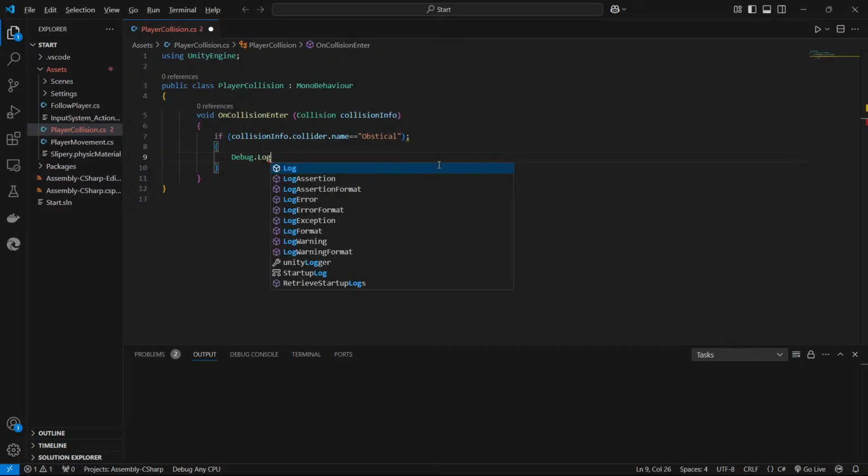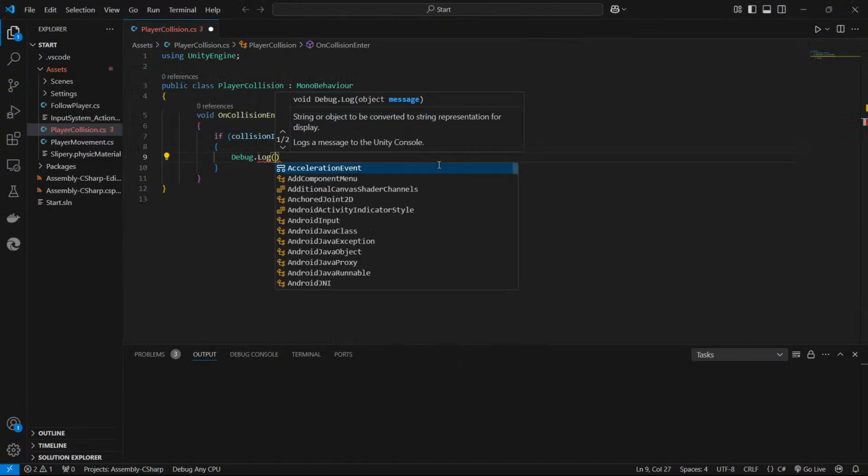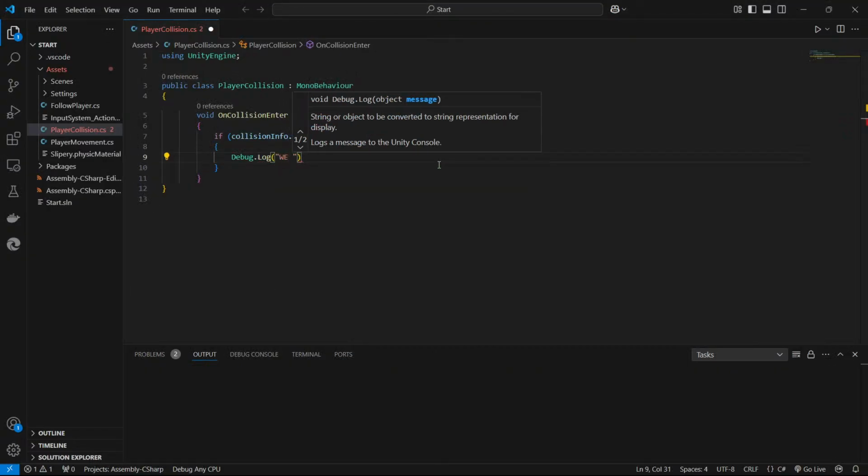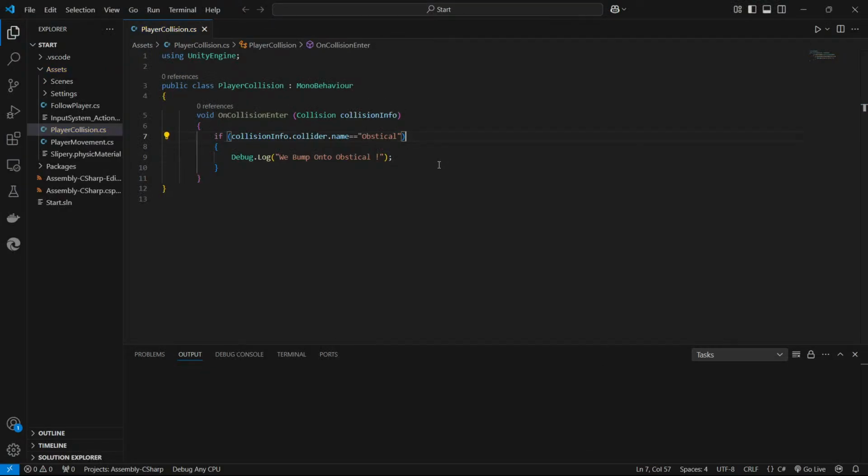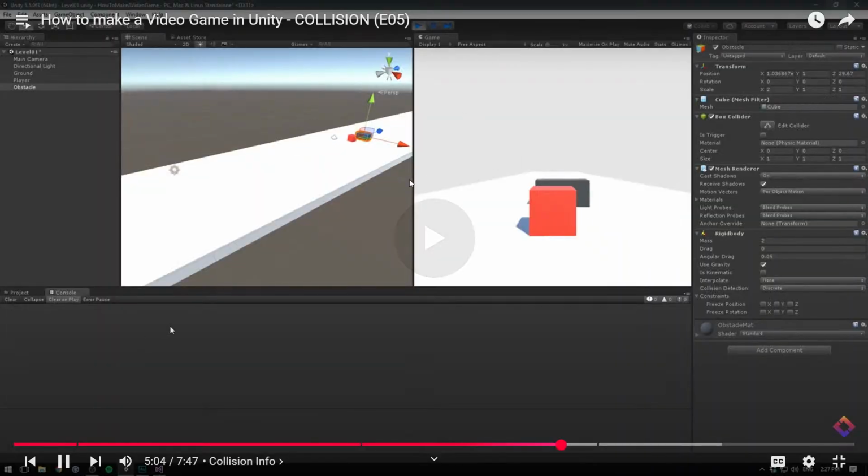Debug.Log. Head back into Unity and hit play, and you can see nothing happens when we hit the ground, but as soon as